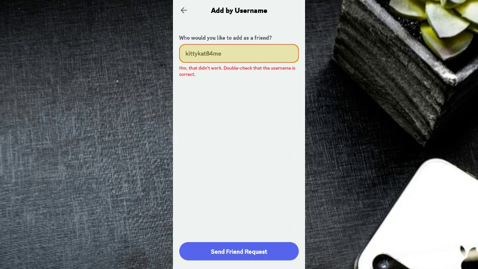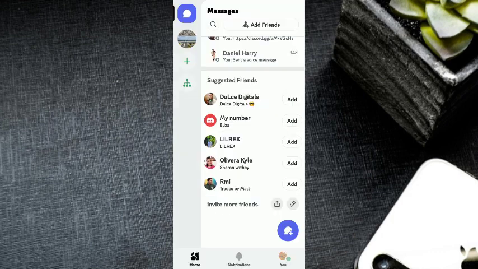So once they see it, they'll see a pending request. Once accepted, it will show your new friend appearing online on your home screen. So they will appear in your friends list. Then when you click on the friend's name in your list, the DM window will open. For example, let's say this person accepted my friend request. So once I open it,